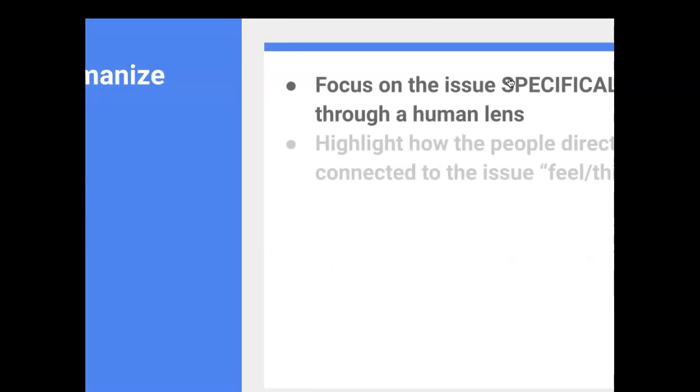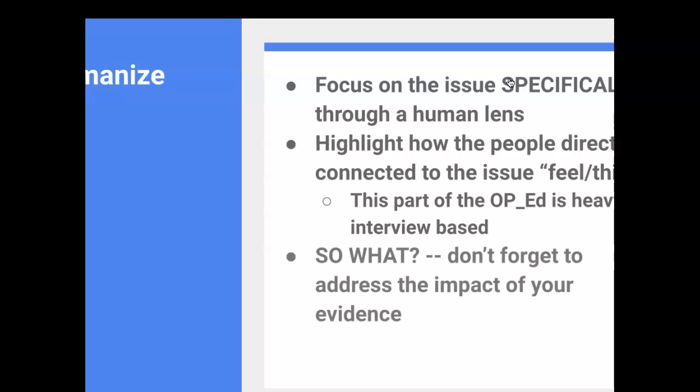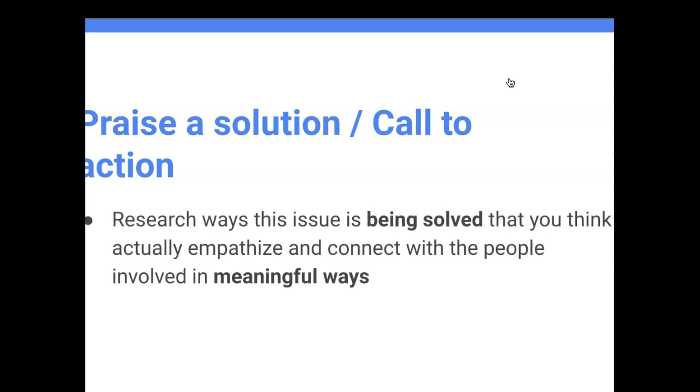H, humanize. Go through these obviously a lot slower than I'm going through them right now. Focus on specific lens, highlight how people think. This is the empathy part. This is the part of your writing where the empathy should super heavily come through because it's how people feel, think about this issue. It's heavily interview based. And then here you're going to end with P, which is praising a solution or making